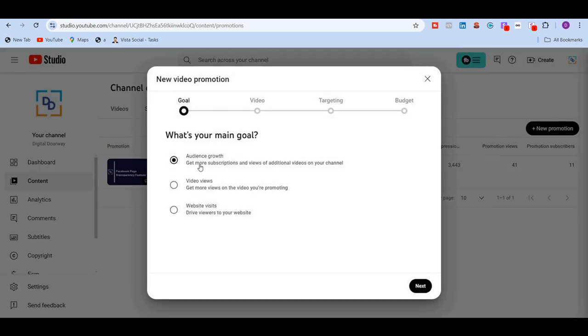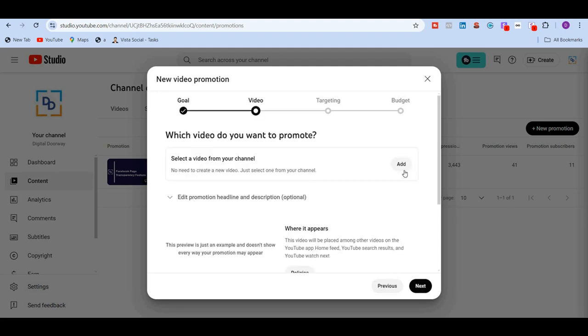Now, when I click on new promotion, you will see audience growth. So get new subscriptions and views of additional videos on your channel. This one is just about video views. Now on YouTube and Google Ads interface, you also have the video views, and you also have gain more subscriptions, and then there's also website visits. But since I'm setting up this campaign inside of YouTube Studio, I'm going to stick to get more subscriptions. Click on next, and here you need to select a video from your channel,